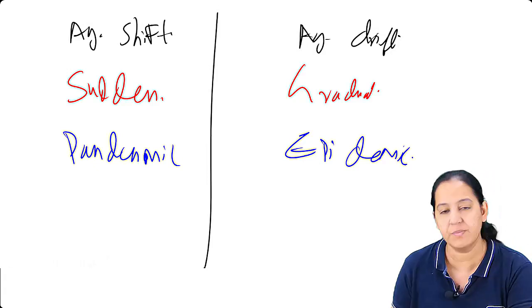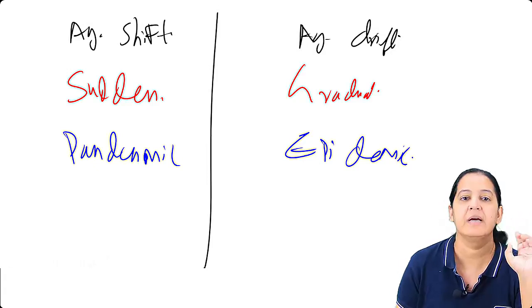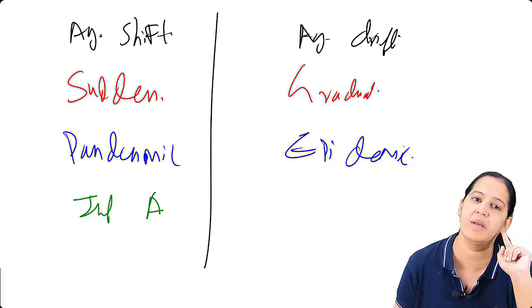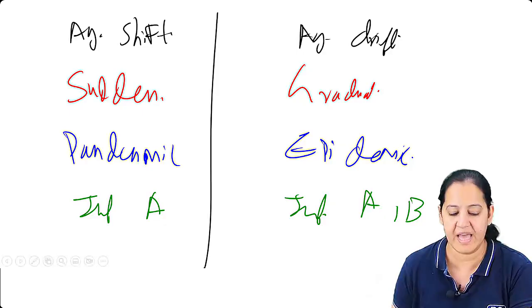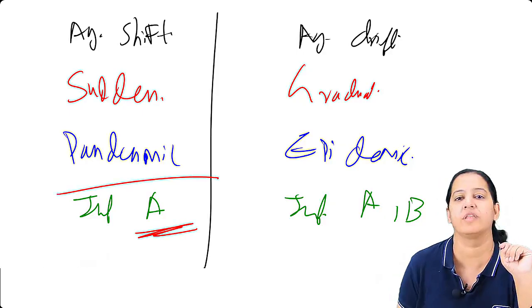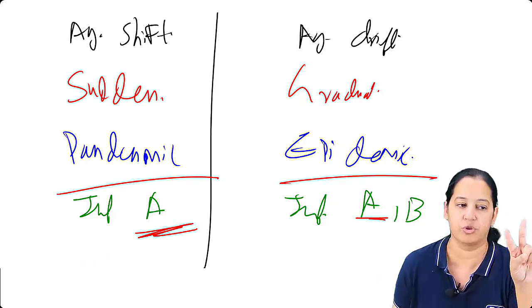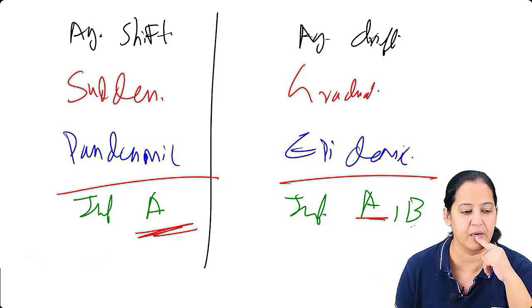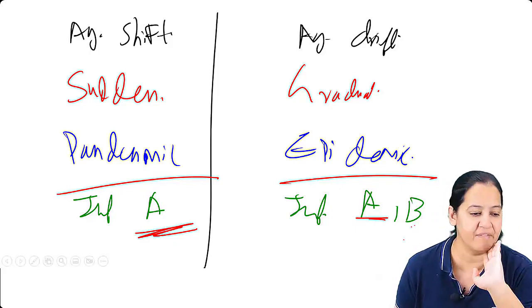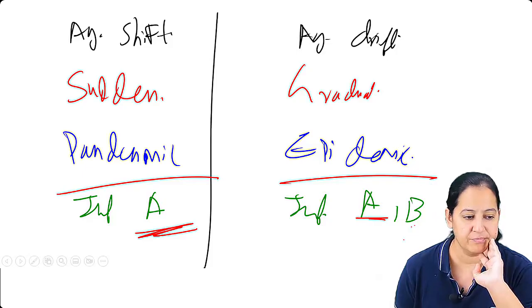Yes, there are three influenza viruses: A, B, C. This is seen in influenza A, only A. And this one is seen in influenza A and B both. My point is that A में pandemic होता है और epidemic भी होता है. A में both pandemic and epidemic occur. But B में only epidemic occurs, pandemic will not occur. Got my point?